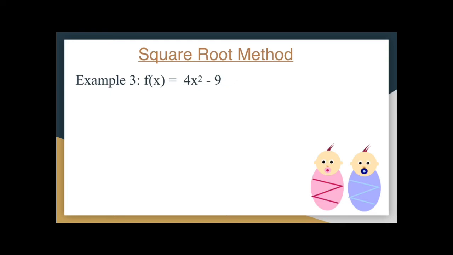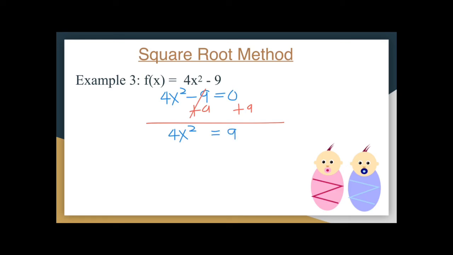Now we're going over example number 3, and it's the same question. You're asked to find the zeros of this quadratic function using the square root method. The first step is to always create an equation by setting the function to 0. So we have 4x squared minus 9 equals 0. Next, remove the constant from the left side of the equation by simply adding 9 to both sides. So plus 9, this is 0 now. What is left will be 4x squared